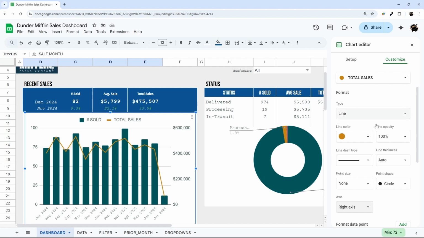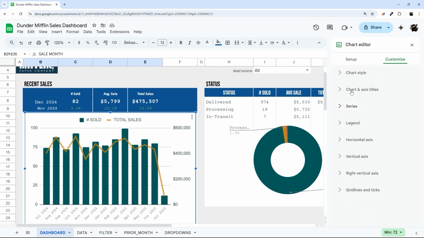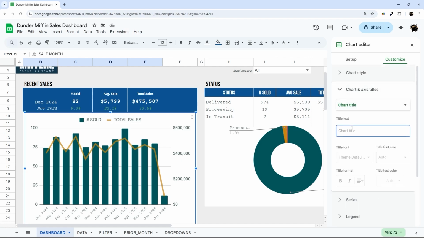And so we can adjust these colors we want now. Something like that. Maybe change this to 4 or something like that. We can change the opacity. So you can really adjust this however you like to get that to fit. And then maybe we need to add a title in this as well. So let's go to chart axis titles. Let's do sales by